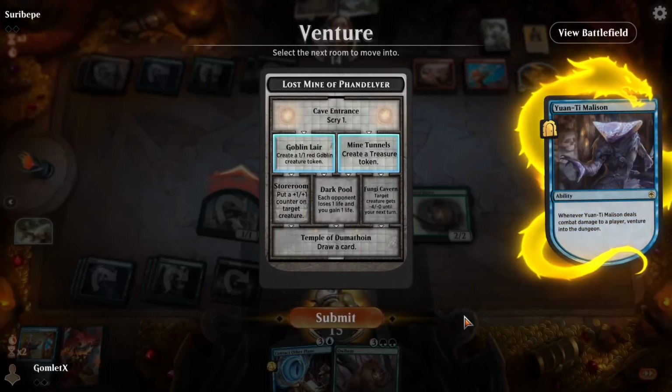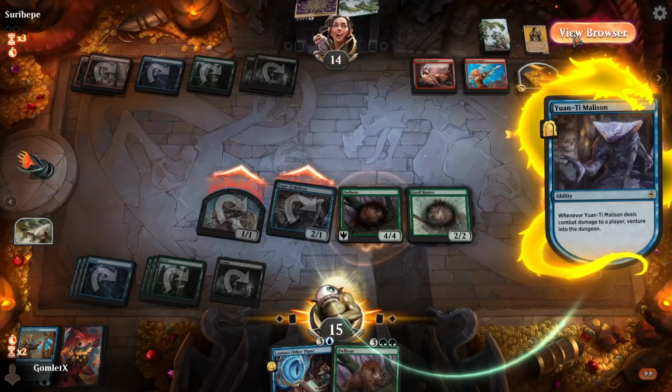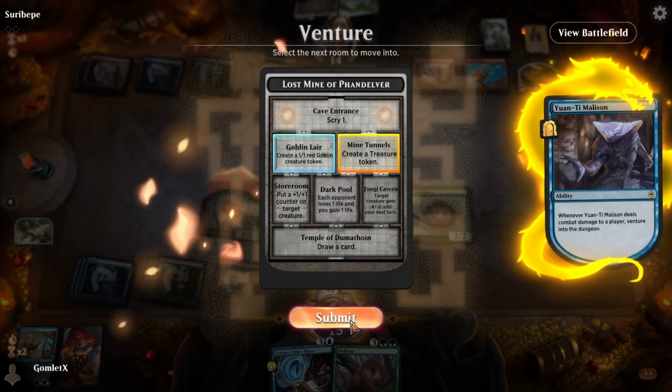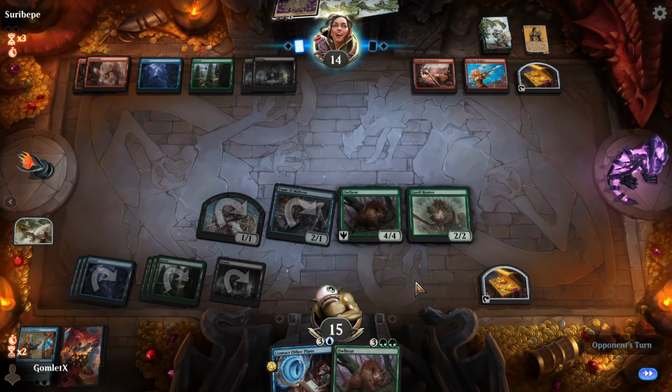Where are we going now in the dungeon? The Goblin Lair or the Mine Tunnels? We have 7 mana. We'll have 8 mana if we get a treasure token here. Could help cast a Tarask. If we get 9 mana, we can cast Owlbear and Contact Other Plane. 1/1 Goblin is pretty small. Yeah, I'm gonna get the treasure token from the Mine Tunnels here. If we top deck a land, then we can cast Owlbear and Contact Other Plane in the same turn now,